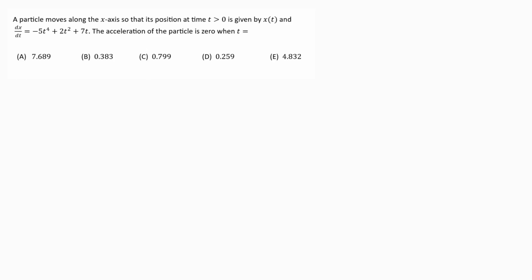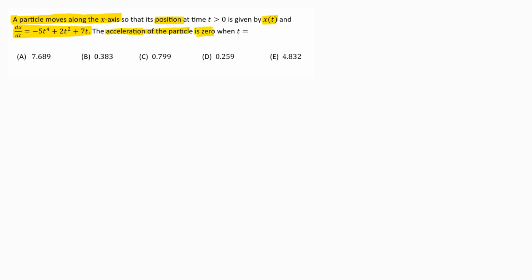Here we have another example using the world famous AP Calculus particle that moves along a straight line, along an x-axis. So here our particle is moving along the axis and its position is given by the equation x of t, and then the derivative of that position function is given here. Then they're asking us to determine the acceleration of the particle and when the acceleration of the particle is equal